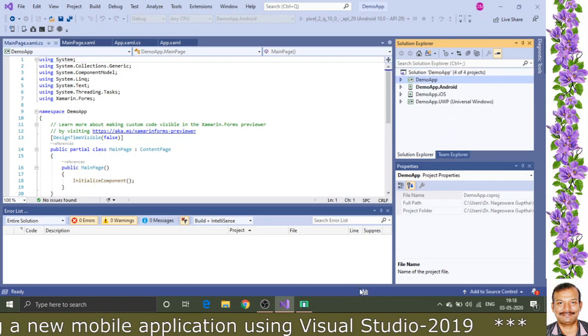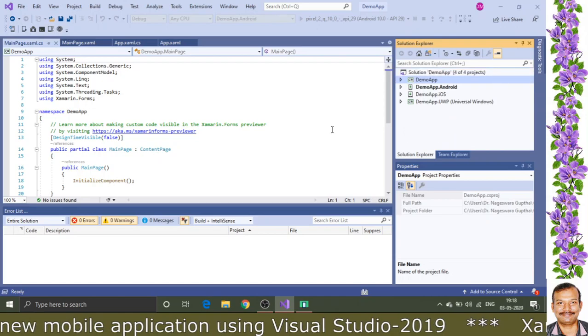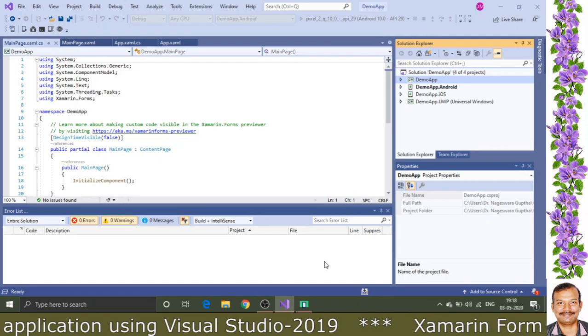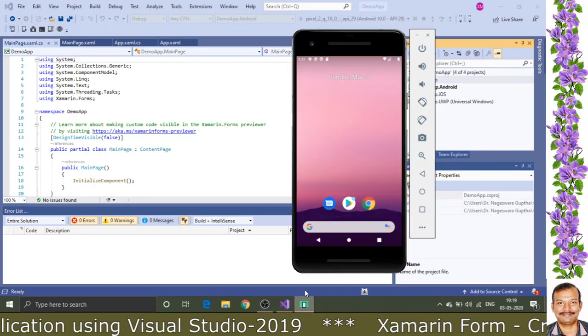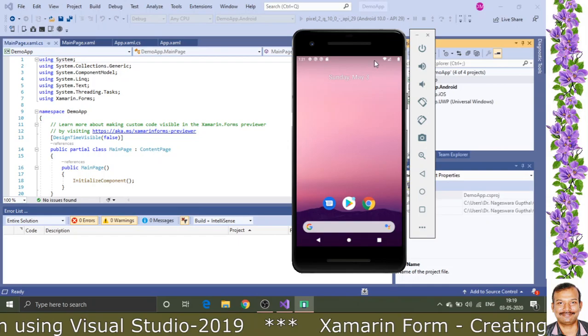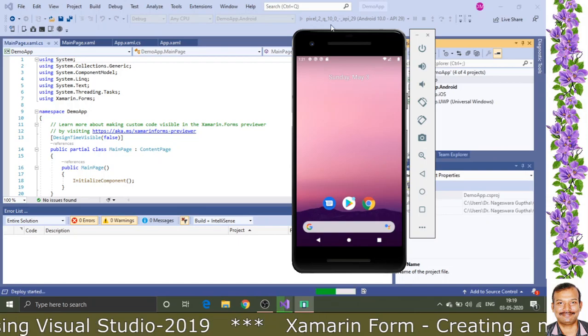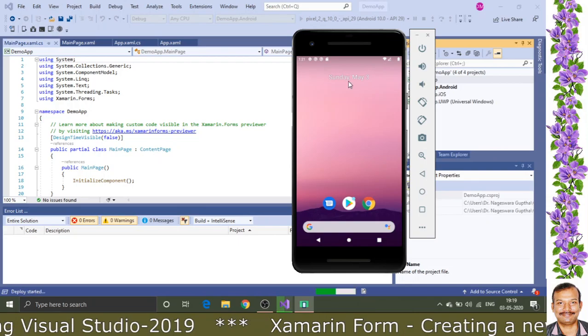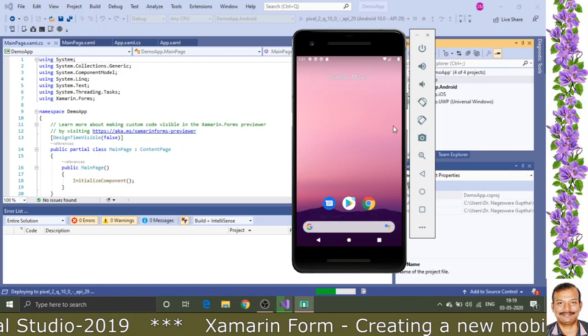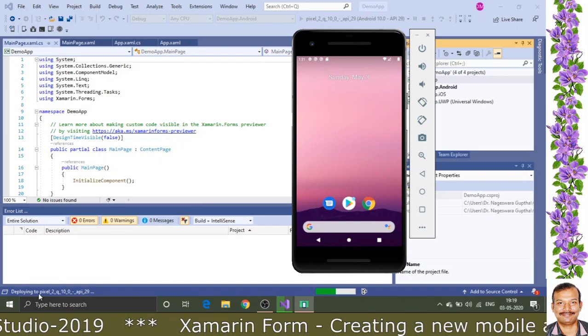Still the application is being built because it takes nearly 1 GB of space for this particular application. The emulator has to get loaded in the system, and only after that you will be getting it. Once it gets loaded, you will be getting all the information here. So this is the actual Android emulator, which looks like a Pixel 2, and this is the recent version available, where you can continuously update your emulator as and when required. Now you can see it is deploying to Pixel 2.